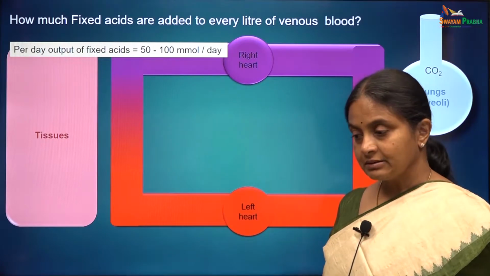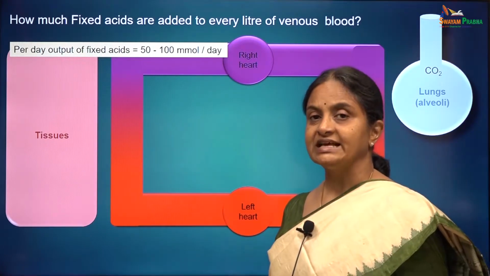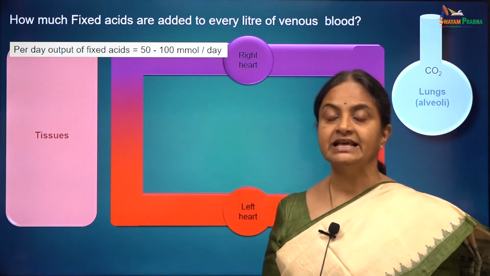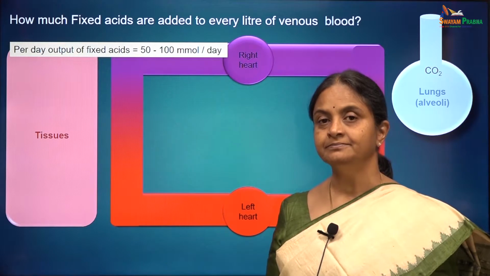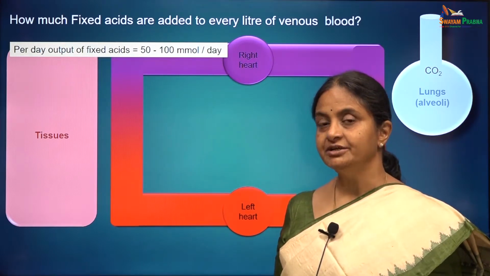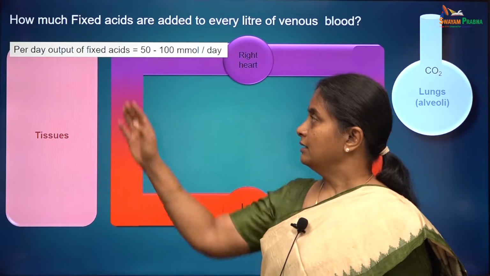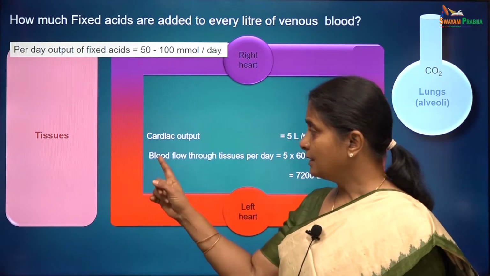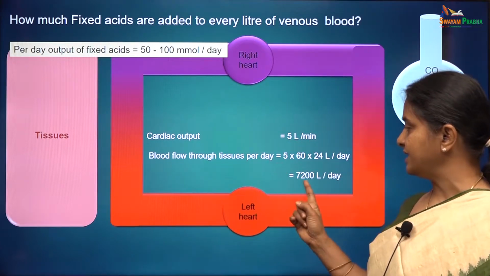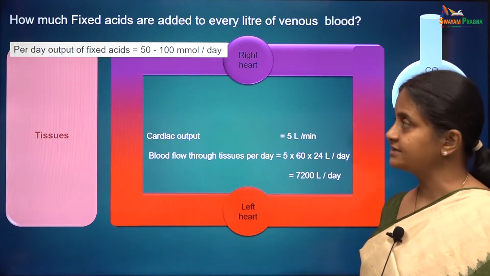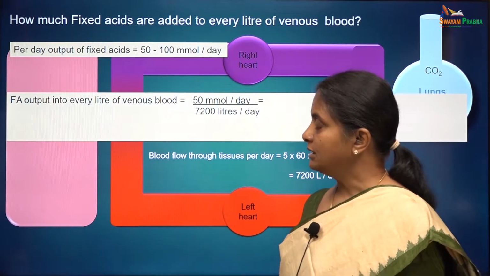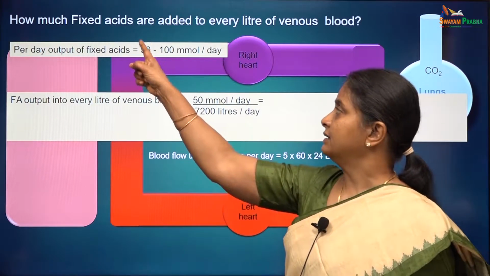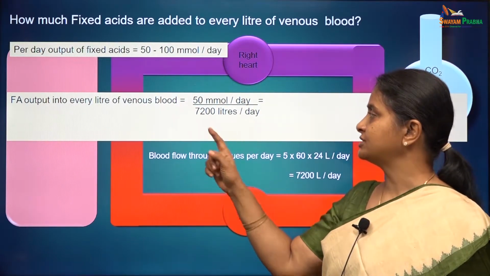Let us look at the quantum of fixed acids added to per liter of blood coursing through tissues. We have done this calculation for carbon dioxide earlier. We will do a similar calculation for fixed acids. Per day output is 50 to 100 millimoles. And the blood flow through tissues every day is 7,200 liters. Therefore, the fixed acid output into every liter of blood would be, let us take 50 millimoles divided by